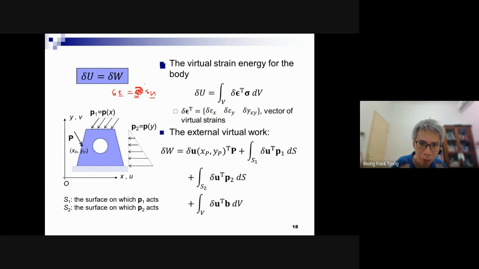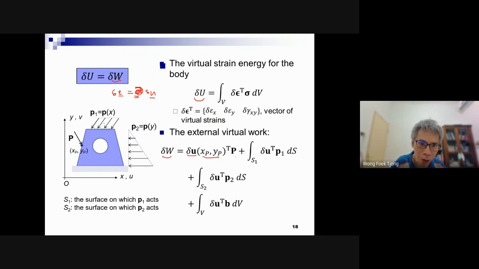The same kinematic equations. That's the virtual strain energy, the definition. How about this one? This one is just the work of the external forces. What forces in this case? We have P, so we should multiply by the virtual displacement, not actual. Okay, in this principle, always virtual displacement. Multiply by its virtual displacement. It means virtual displacement at that point times P.